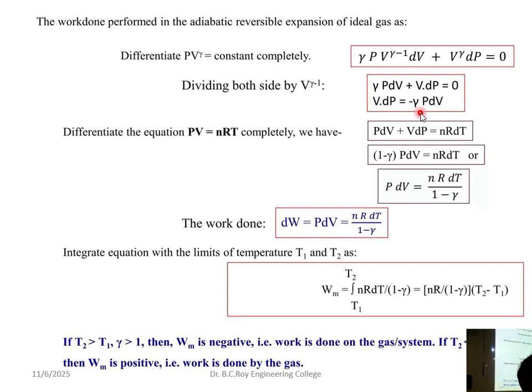V dP equal to minus P dV. Do it and find out. Take PV equal to RT and consider T constant as it is isothermal. Then what do you get? PV equal to constant. Now differentiate both sides and you get